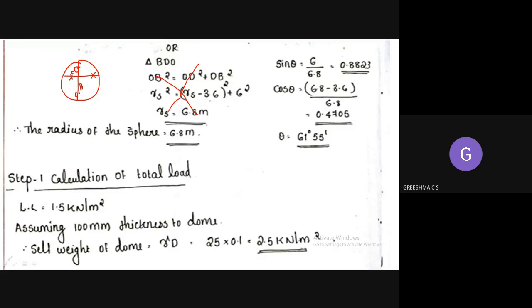Okay, so now that we got the radius of the circle, next you have to find out the angle theta. First of all, sin theta you have to find out. So sin theta means what? Opposite side by adjacent side. So if you take this thing, this is the angle theta. You can take a portion like this. Once you take the angle, this will be the theta, and this is the center portion.